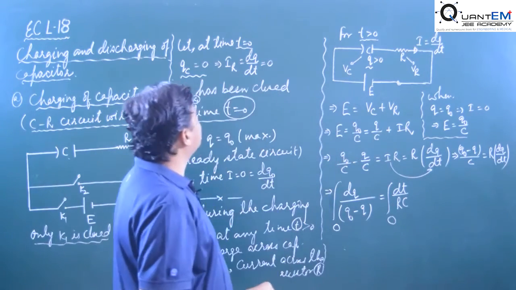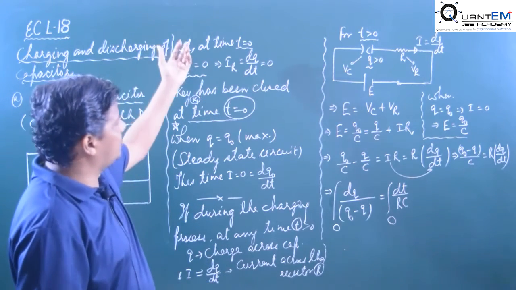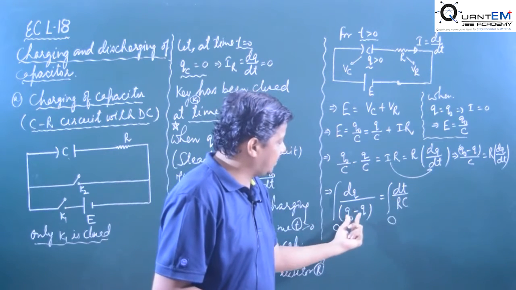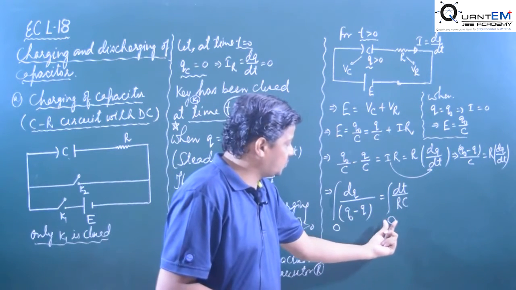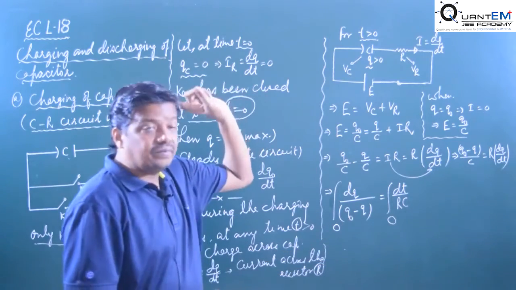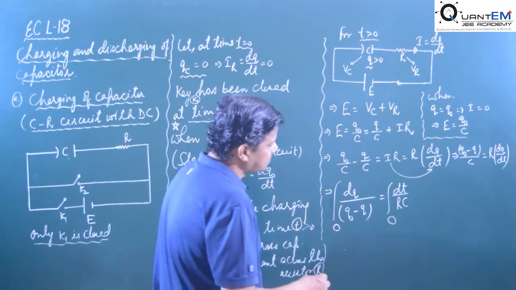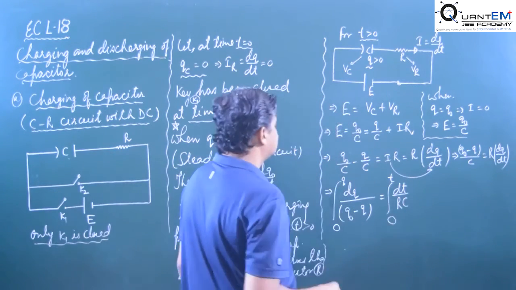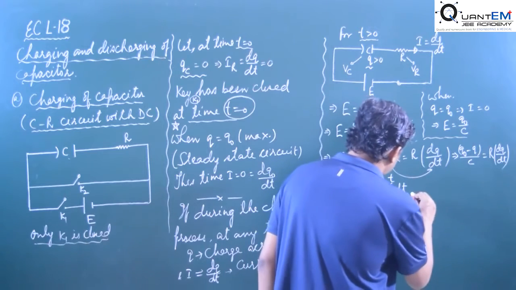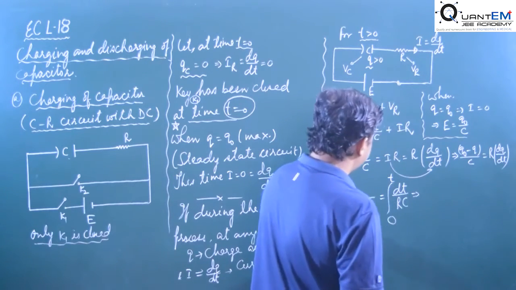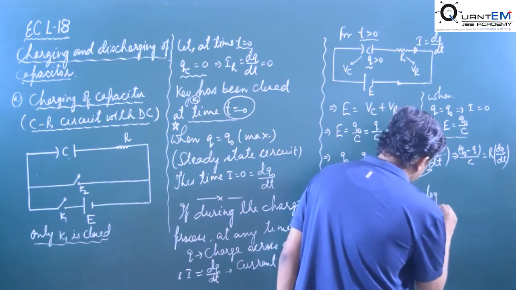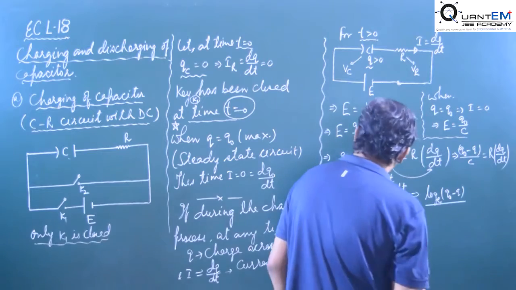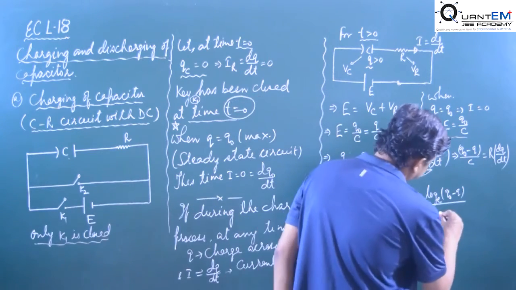If at time t is equal to 0, we have been given any value of charge not equal to 0, then in the differential equation, after integrating it, at t is equal to 0, you should have taken that charge which is given. Okay, now see, at any time t, we have to get the value of charge q. So solve it. What is the coefficient of q here? It is -1.